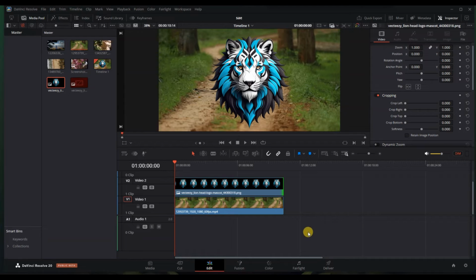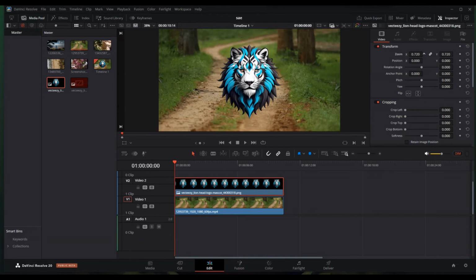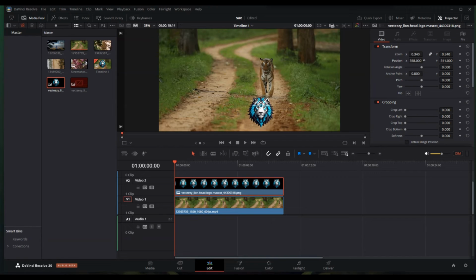Now, click on the logo clip in the timeline, then go to the inspector panel in the top right corner. If the inspector isn't open, click on the inspector button to activate it. Here, you can adjust the position, size, and even rotation of your logo. Use the zoom slider to resize it and the position controls to move it where you want, like the bottom